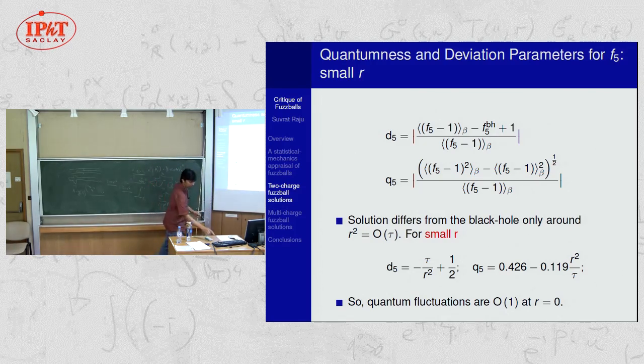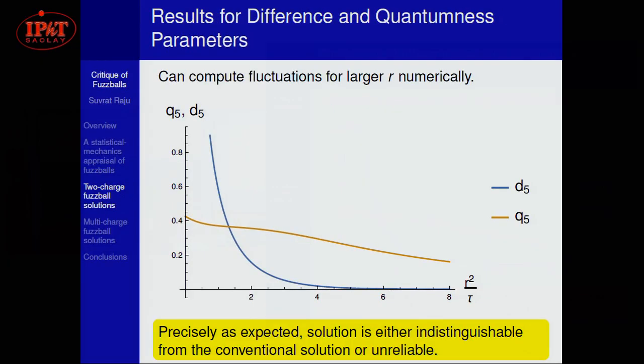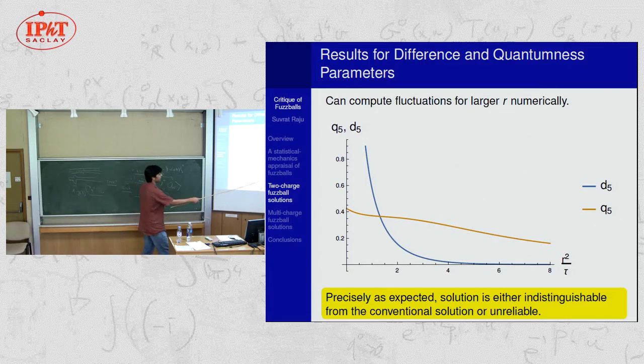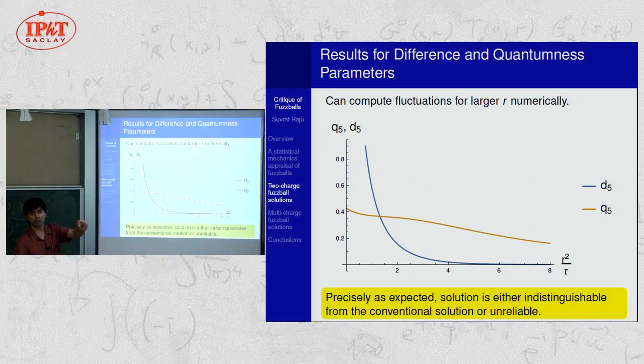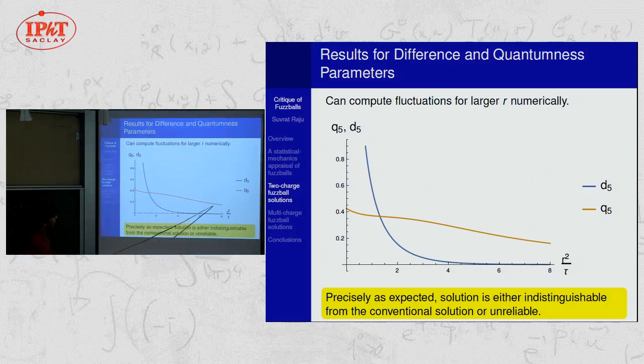In fact, you can plot both these parameters as a function of r square over tau. This plot you have to do numerically, and you see this completely verifies the expectation we had. If you're at large values of r square, so you're away from this point where the conventional horizon shrinks to 0, the solution is reliable because this q parameter, the quantumness parameter, goes to 0, but the solution is also not very interesting because it looks exactly the same as the